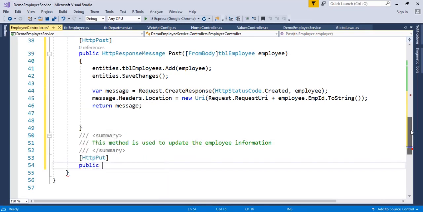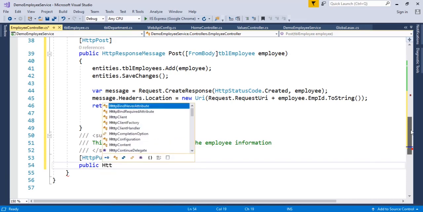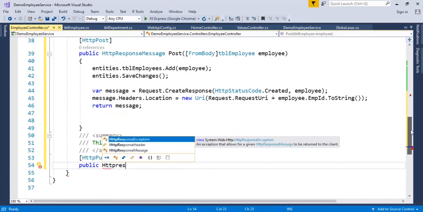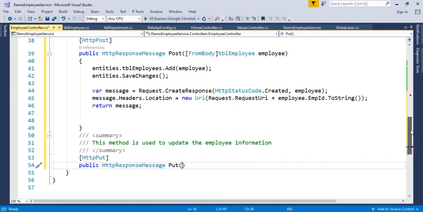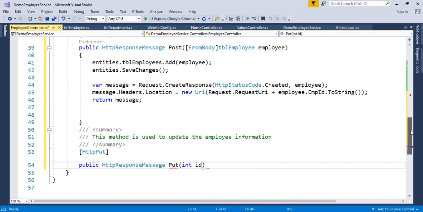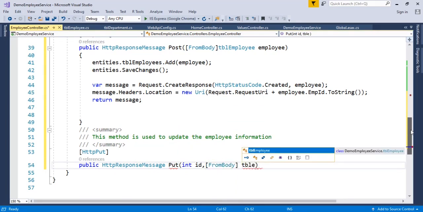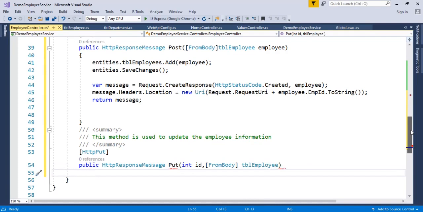For put also we are going to return the HTTP response. Now put, I am going to write put int id, comma, from body of table employee, that employee object. You need to write.